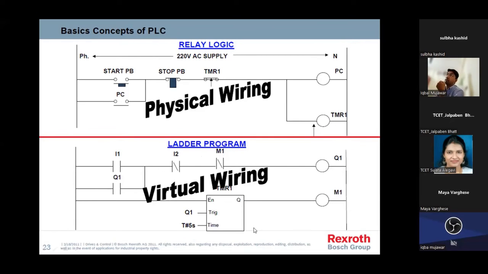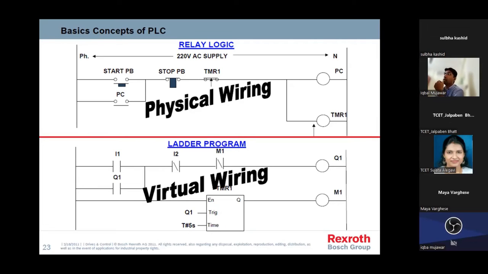I need to design the ladder coding properly as per the understanding. In physical wiring I can see what things are there, where I am connecting, but in ladder coding everything is logic. I need to create the logic first, develop the ladder coding, upload it, and then test whether it's working as per requirement or not. Because in physical wiring at least I'm getting some output. Okay, this is running, this is not running, this is glowing, this is not glowing. But here I need to design virtually first, and then go to executing. It's a little bit tough. That is a disadvantage of PLC.